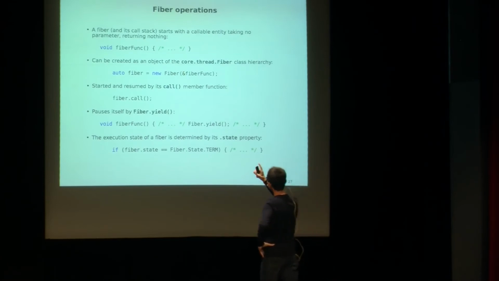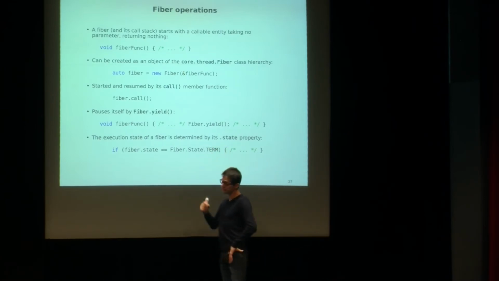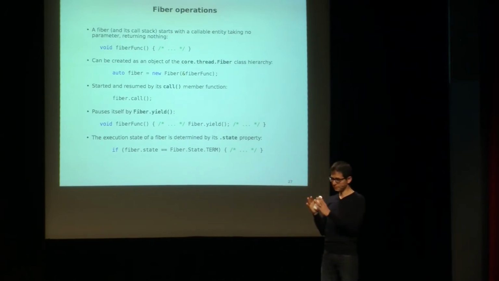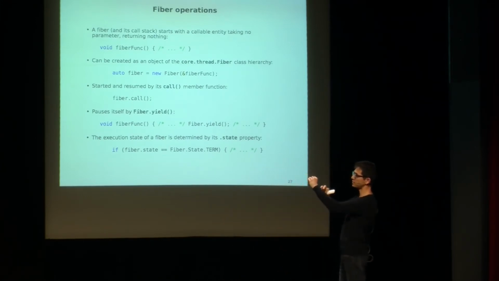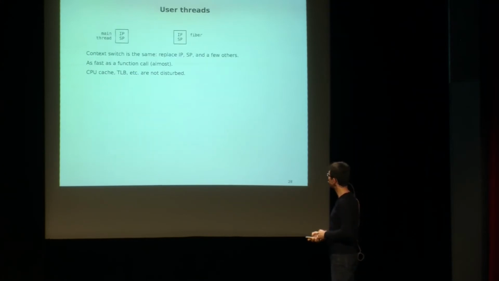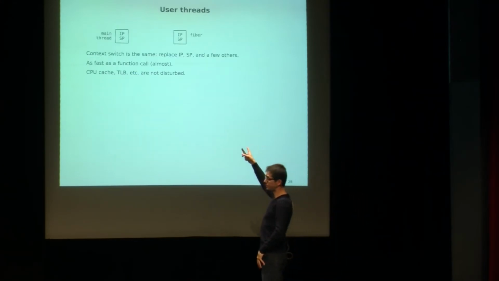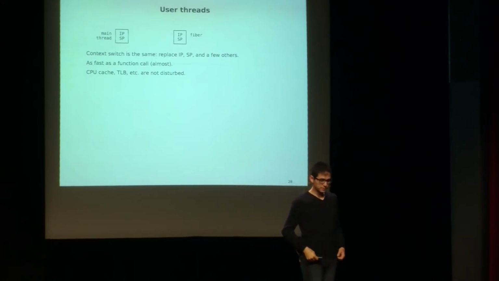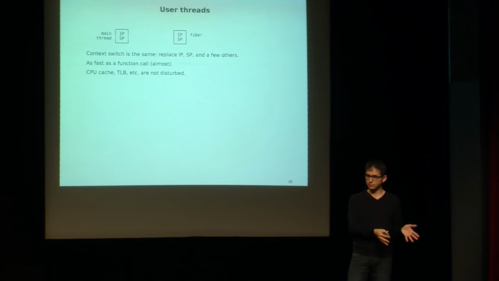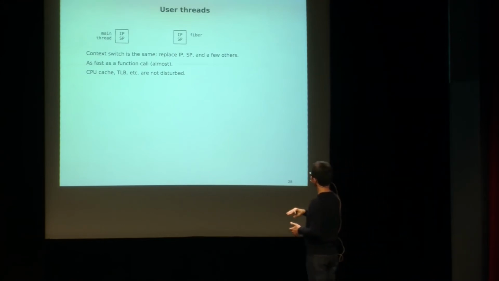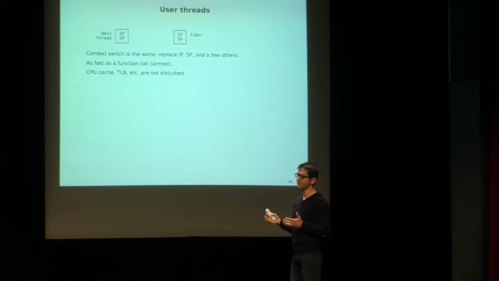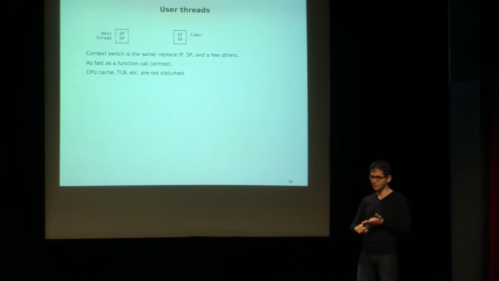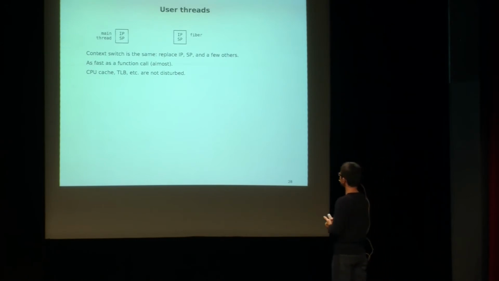Then the address of fiber func is assigned to the instruction pointer, and a little structure where an instruction pointer and this newly allocated stack pointer come together to define your fiber. As you can see, it's not much different from what the operating system defines as a thread. And so they're both the same functionally. And just to repeat, an instruction pointer and the stack pointer make the execution context.